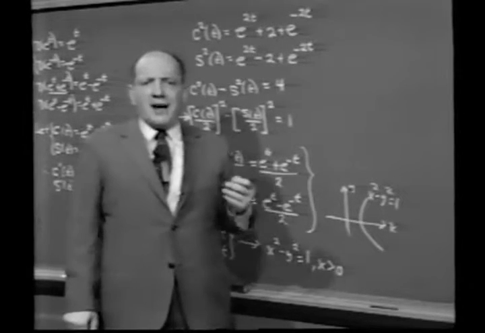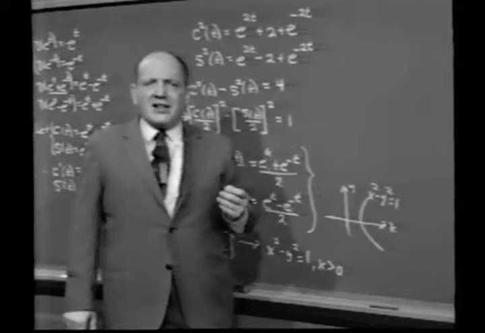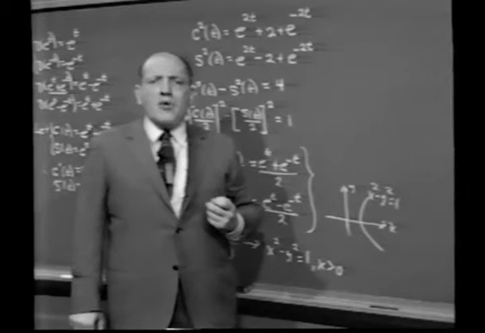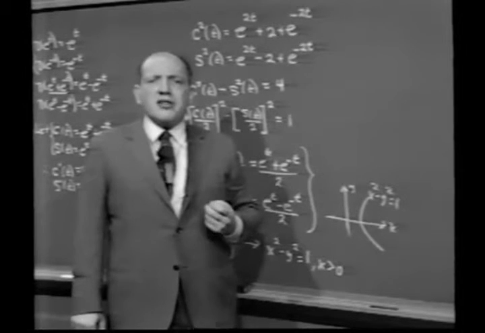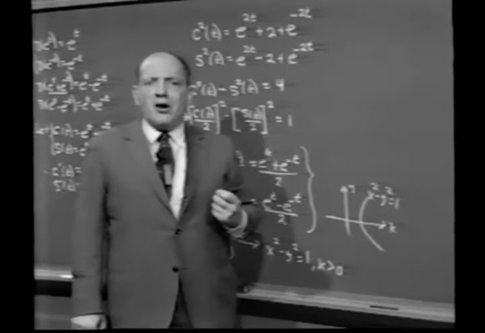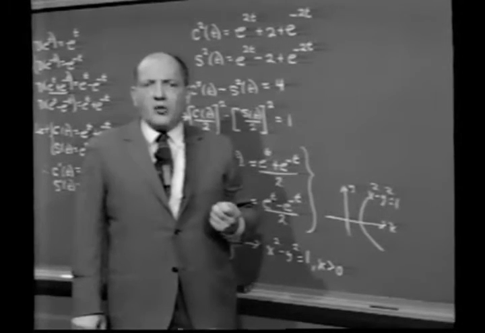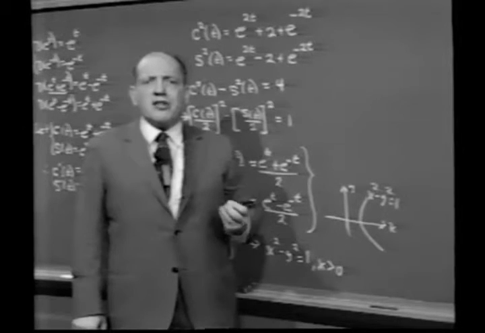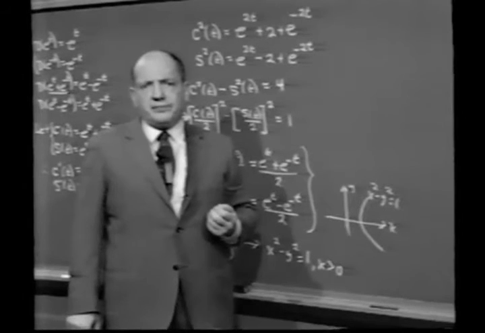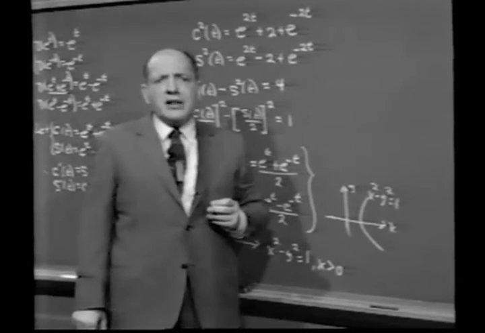One is we started with the hyperbola and showed how we could invent this construction. The other is we started with the exponential and showed how we could construct two functions of the exponential which had the property that they could be identified with the thing that was called the hyperbolic cosine and the hyperbolic sine. In other words, we could take either of the two approaches and derive the other. But I don't want to put in all of those details here. Okay? At any rate, to show you